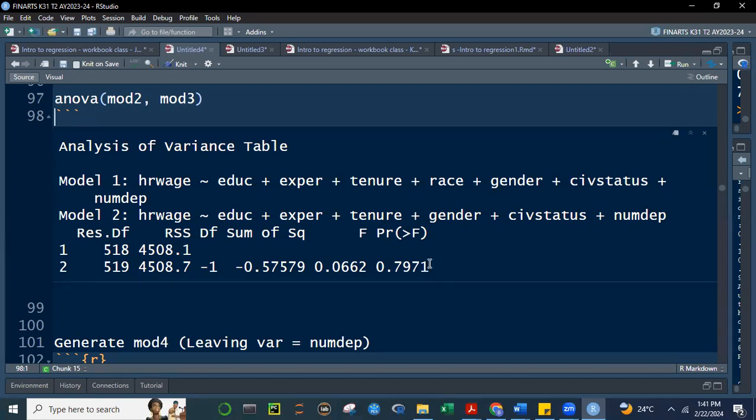So ang answer, class, the p-value is 0.79. It's way greater than 0.05. So we fail to reject the null hypothesis that the restricted model is the better model. Okay, so mas maganda yung restricted, yung tinanggalan ng gender by virtue of this F stat and the probability. Okay, so, and then of course,